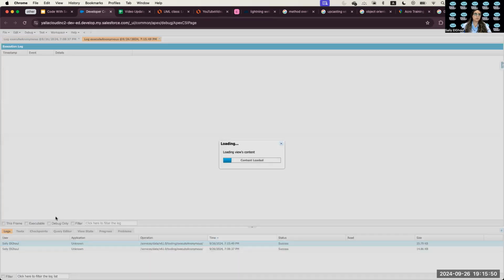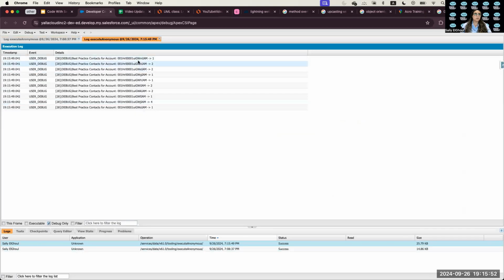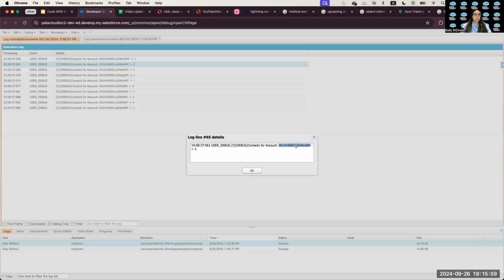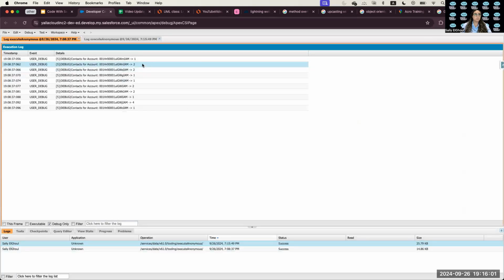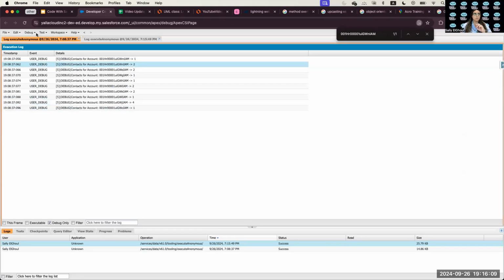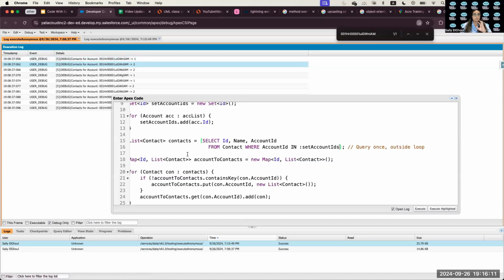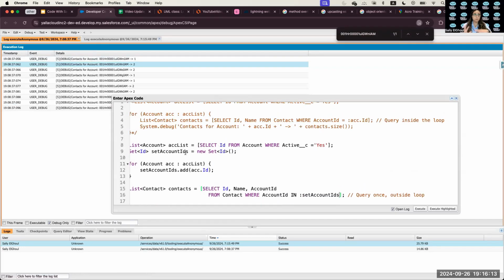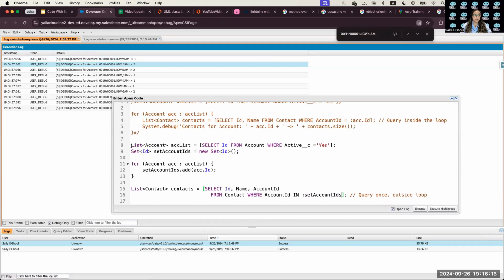So now if I see the debug, you'll find that it's the same. For example, if I take this ID, here I'm printing we have 2. If I go and look for it, it's 2. The same account that had 4, it showed 4. So it's showing the same output, but this is the best practice to avoid having any so-called statement inside a